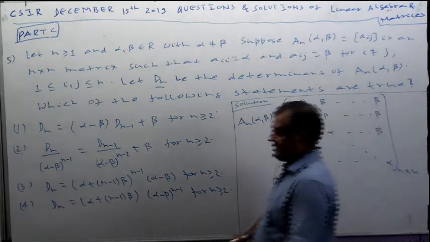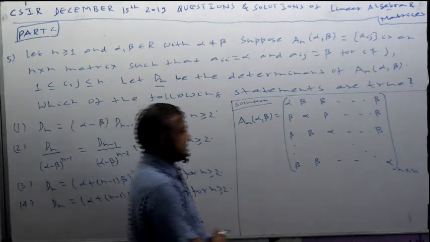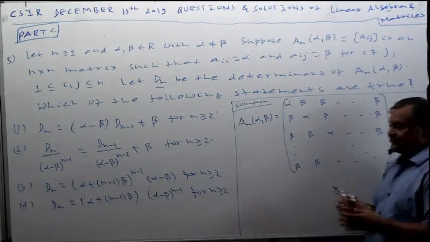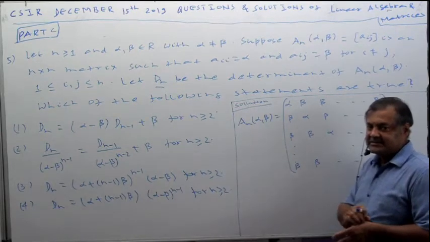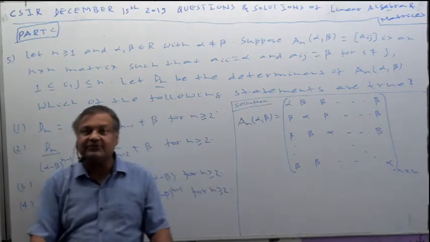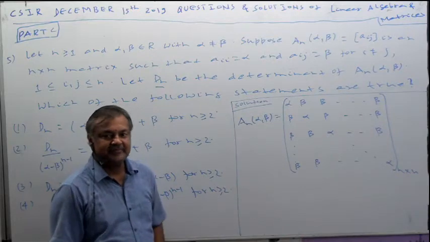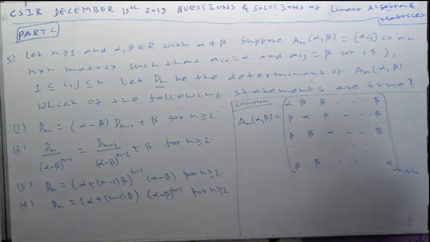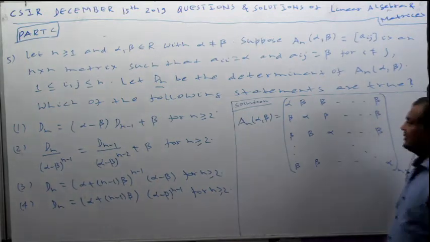After looking at it, you must tell that this matrix is certain times of identity, that is a scalar matrix, plus certain times of matrix having all entries 1, 1, 1. Are you happy? So that concept should be there in your mind. Then evaluation of determinant will become very, very simple for you.